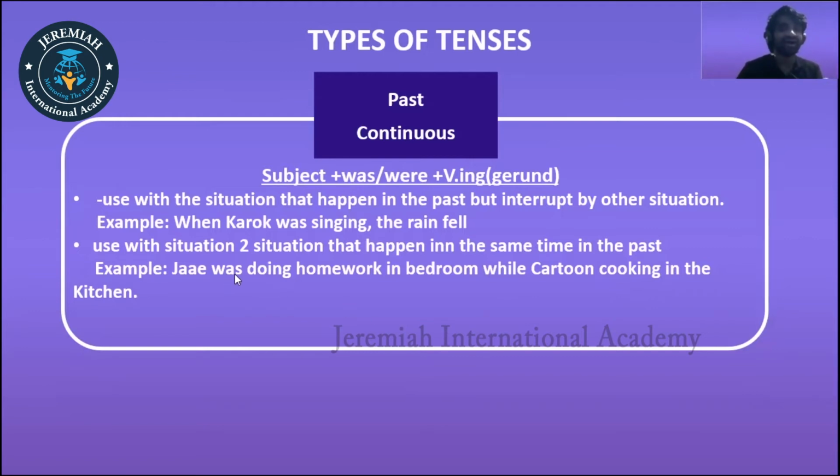Okay, this got autocorrected, I'm sorry. Jay was doing homework in the bedroom while. Okay, this you need to use in IELTS. All right, this is the importance of IELTS. The word while, that is how we use it with past continuous. All right, this is the tense. Jay was doing homework while